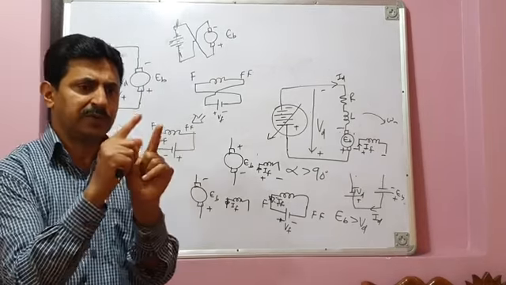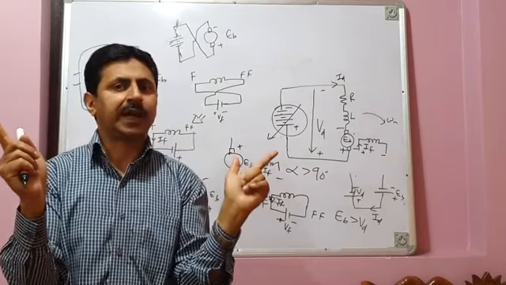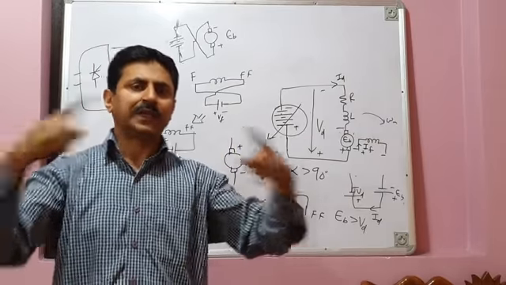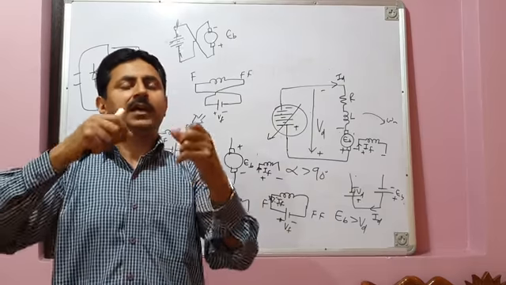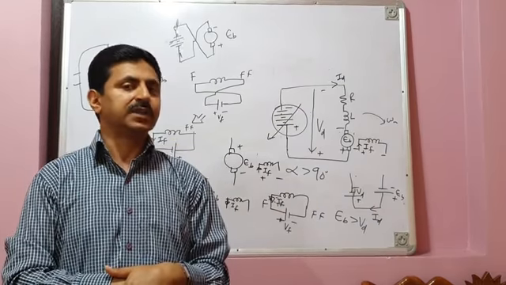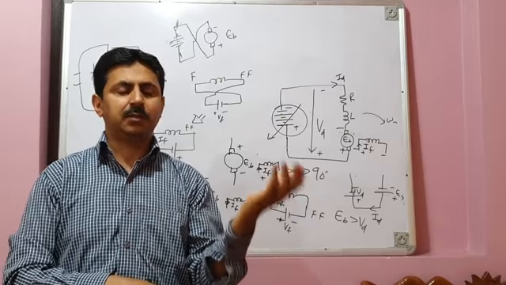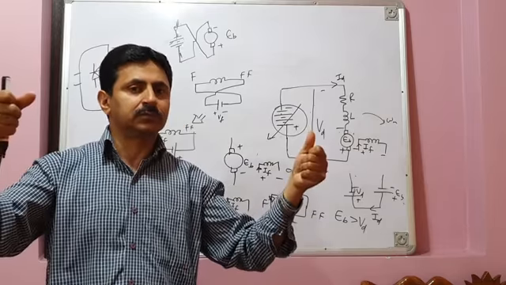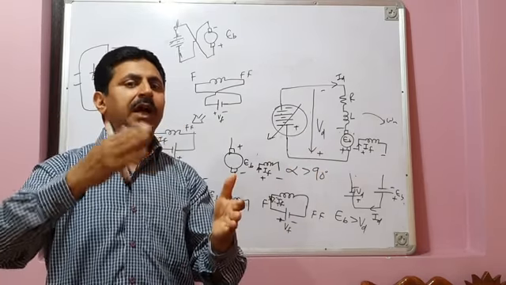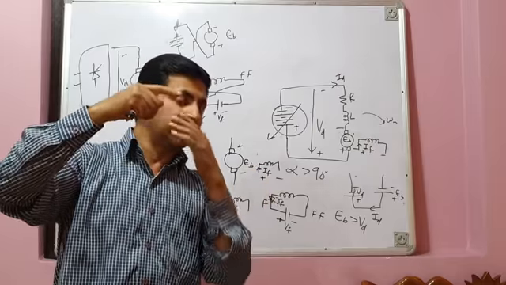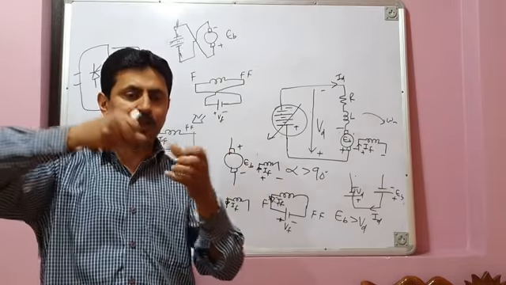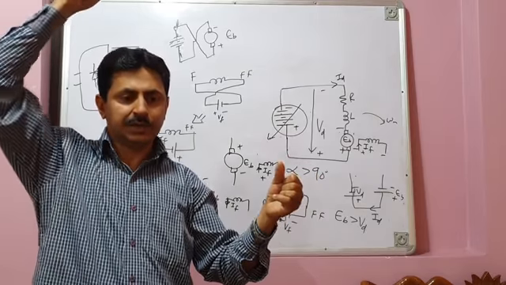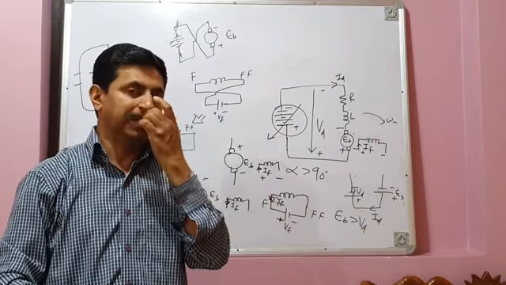For this also, first you have to open the switch. You may have a contactor, a mechanical switch. You have to open it and then flip the armature terminals. And since the armature current is very large, it can be of the order of hundreds of amperes depending upon the load driven by the motor, when you are opening the switch, you are interrupting a very high current. Say there were 200 amperes of armature current flowing and you suddenly open the switch. The rate of fall of current will be very, very high.